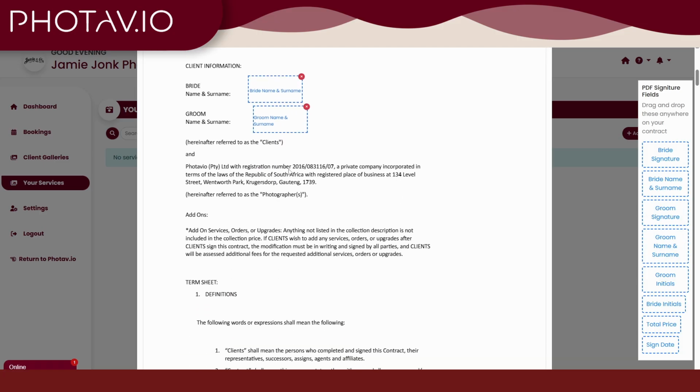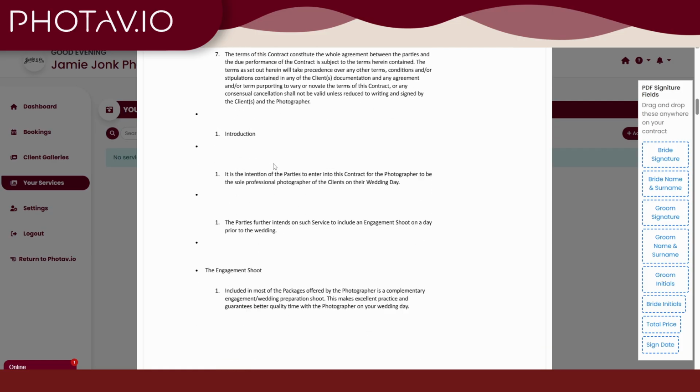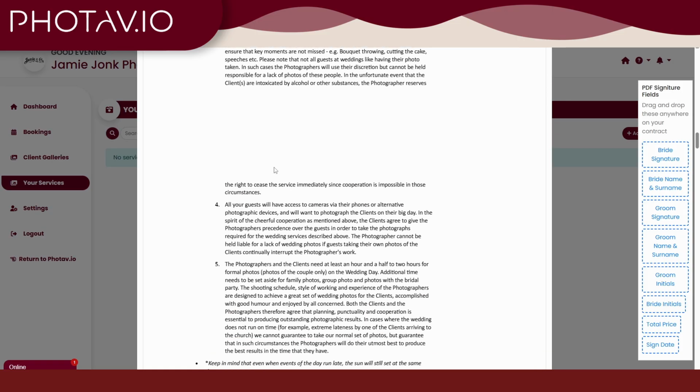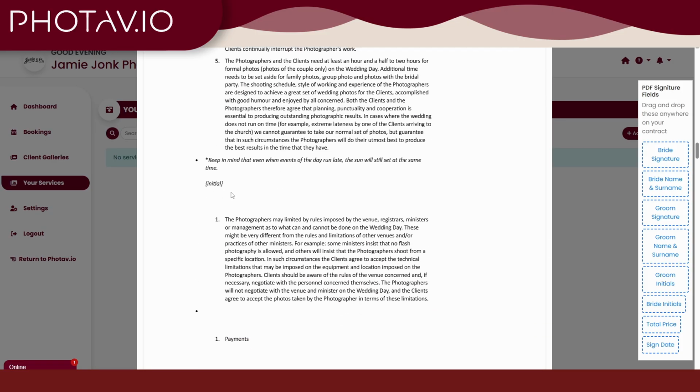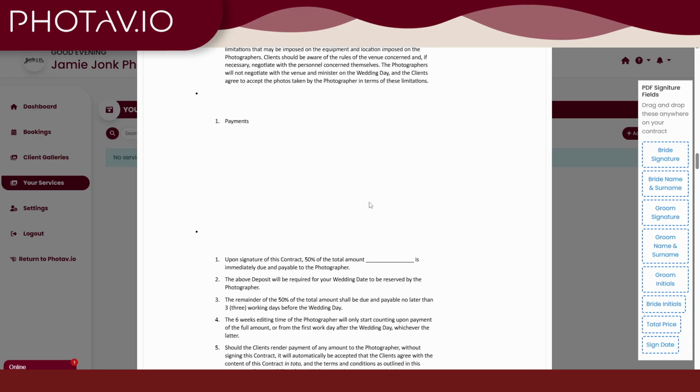Then we go down as any contract. We would want to have a space where there's initials. They have to initial, so we go here. Groom initials and bride initials,